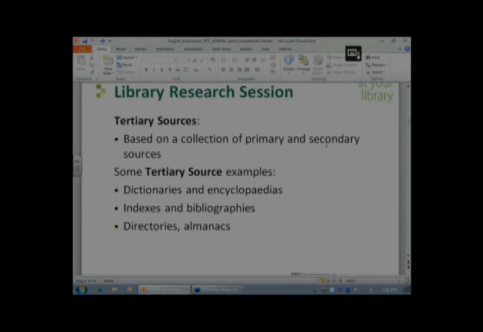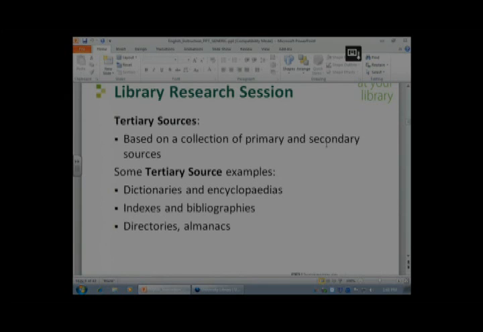But any source that is a collection of primary and secondary sources, and literally collecting them together in a larger source, that's tertiary. Examples, pretty simple, dictionaries and encyclopedias. Now, if you go to the reference collection in our library here at the U of S, we have a collection of dictionaries and encyclopedias behind our reference desk. They're a combination of primary and secondary documents, and all encyclopedias are, that deal with a particular topic that you're